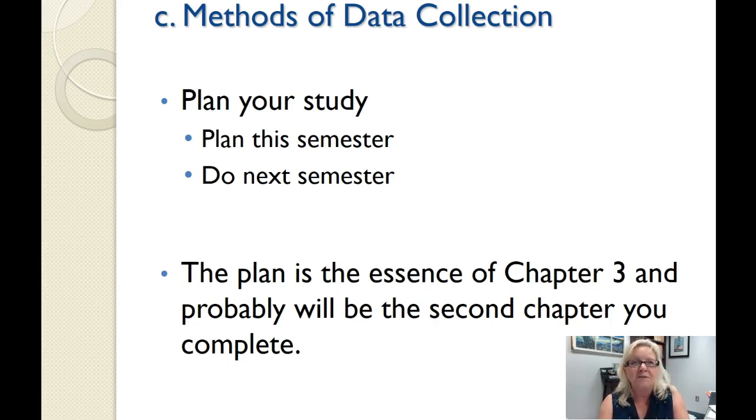You will outline in Chapter 3 things like which students you are going to use, how you are going to choose them, and what materials you are going to use. Somebody did a study of different readers advisory methods, so she had two different types of readers advisory methods that she was studying. And how are you going to record your data? What data are you collecting? What are the questions that you're going to answer? What are you observing? So it's a very mechanical type of chapter where you're saying X, Y, and Z is what I'm going to do. And then, beginning next semester, once your methods chapter is completed, you're going to actually collect that data.